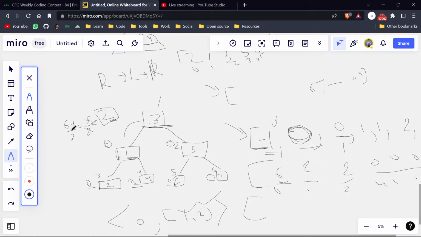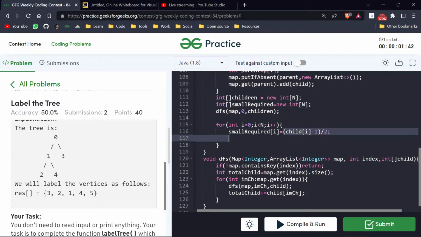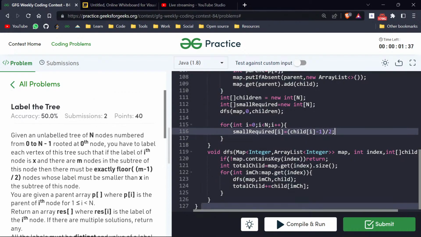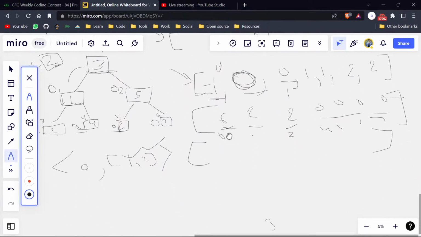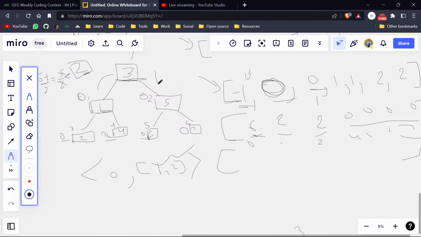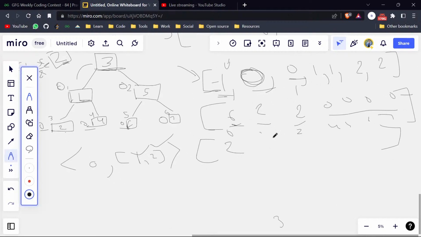So m minus 1 by 2, and this will by default return us the floor value, exact floor value. So we have this required children array now. Here, 6 minus 1, 5 by 2 is two children we need, and then we need 0 number of children. Okay,